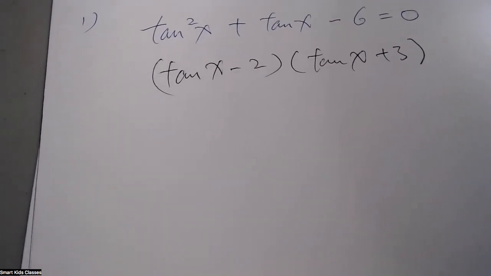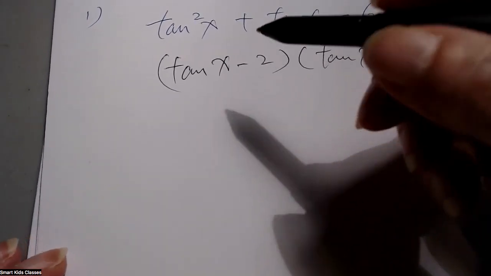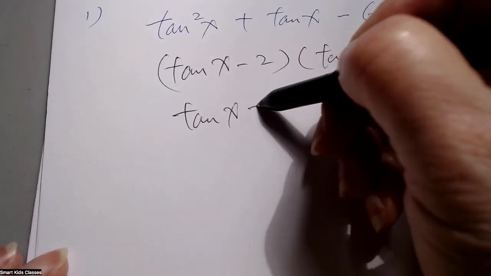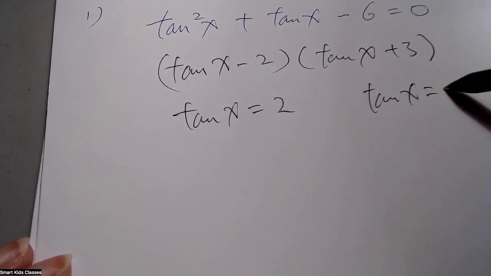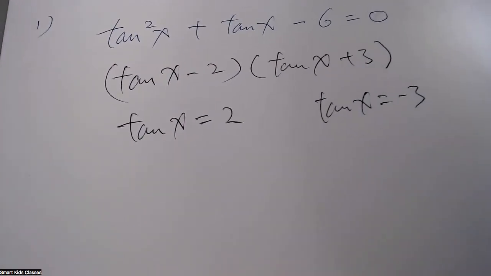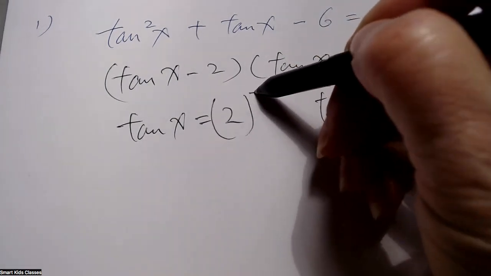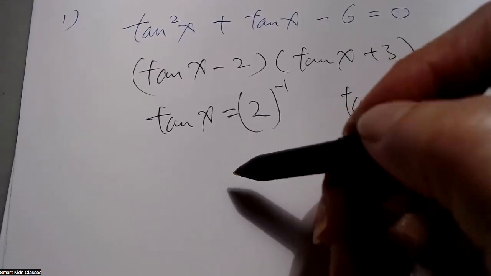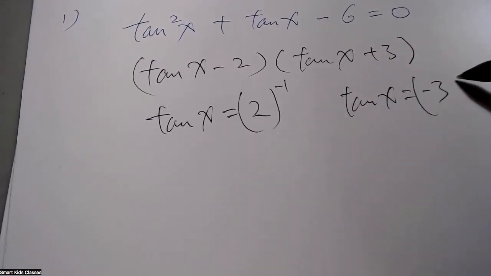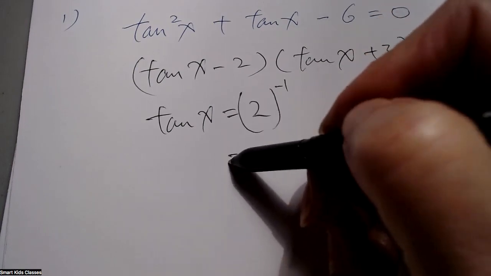From here, we're going to solve the intercepts. So 10 tan x is equal to 2, and how about this side? 10 tan x equal negative 3. Then we are going to take the inverse tan to find the radians. We use a calculator and find the radians is equal, on this side, inverse tan of negative 3 is negative 1.25. And for inverse tan of 2 is